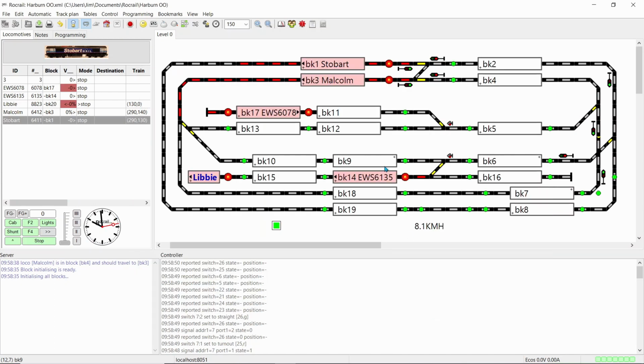Okay. So let's start the 2 trains off and we'll see what happens when the 2 of them want to occupy block 2.